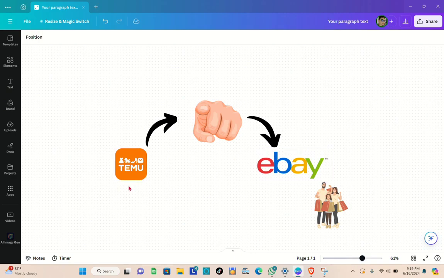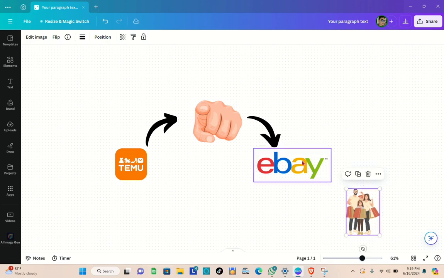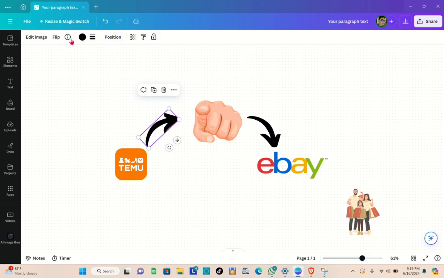Okay, so how things are going to work. So right here, this is the Temu store, and then this is you at the center, and then here is your eBay store, and then your customers. So what you're going to do is display all of the products that you want to dropship or that you want to sell on your eBay store. So you'll get all of the images of the product from Temu, the information, and then you are going to publish it on your store manually, since there is no other way on how to dropship a product from Temu